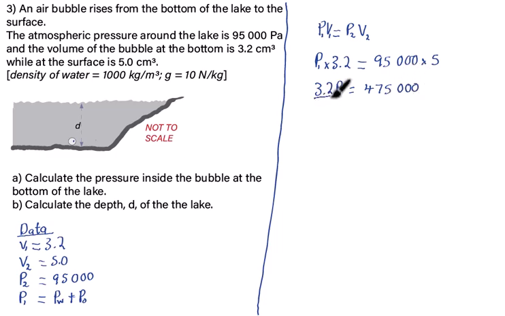We divide both sides by 3.2. This cancels out. Then we divide this by 3.2, and what do we get? P1 is equal to